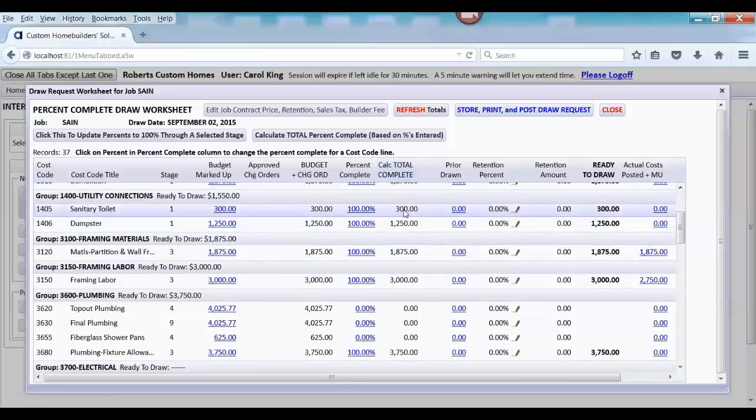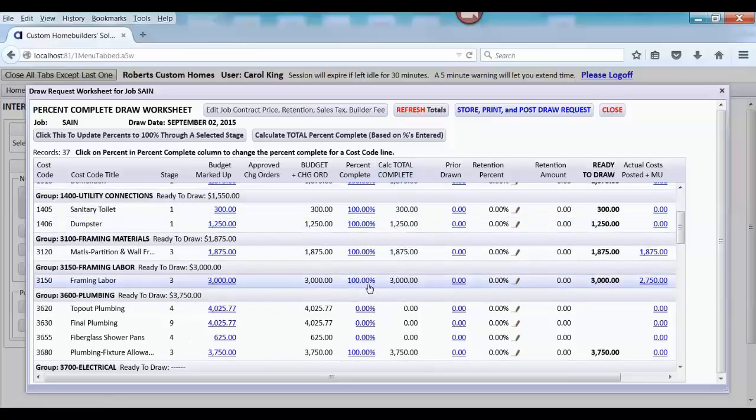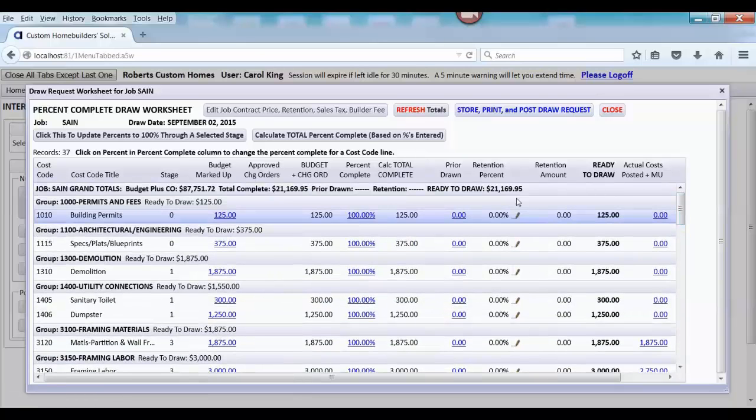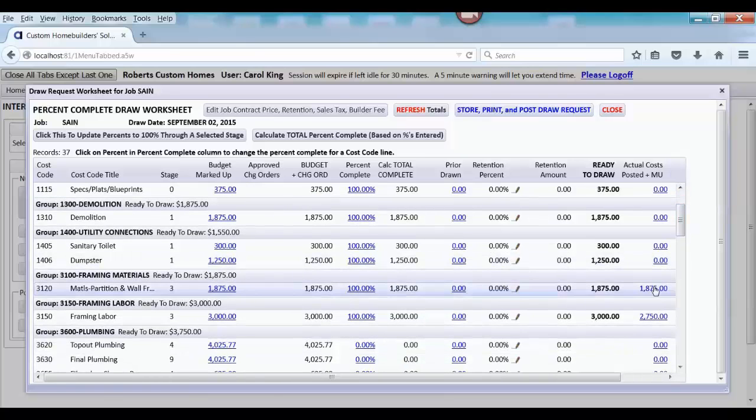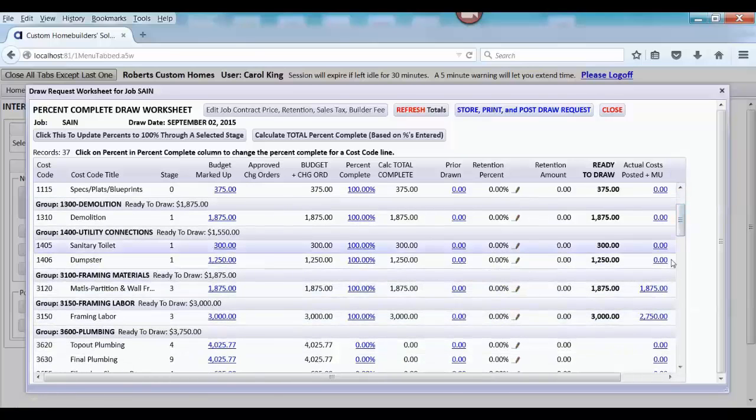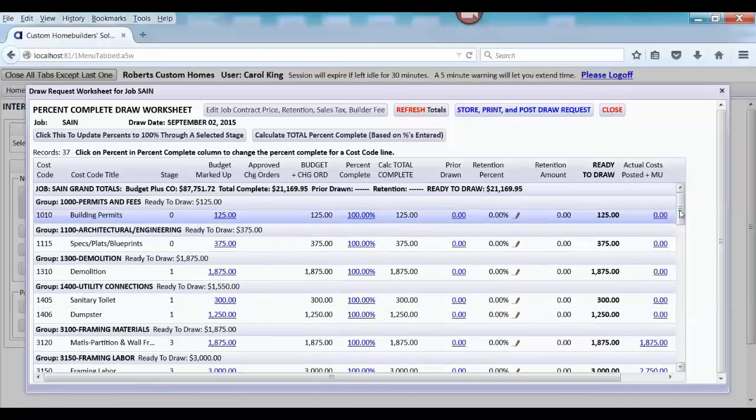So now it's calculated what the total complete is based on the percent entered. I could change some of these if I needed to. This could be 50%, or if I know something different. It's going to show you over here, you saw in an earlier video that we were posting some costs, and you can drill down and see what those actual posted costs are if you're interested in that information, etc. But I just mostly wanted to show you how quickly you could create and update everything through stage 3